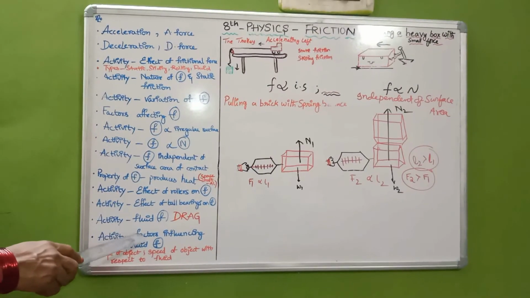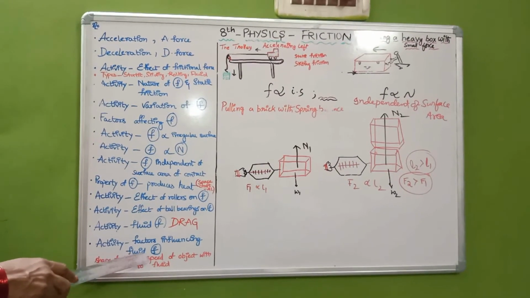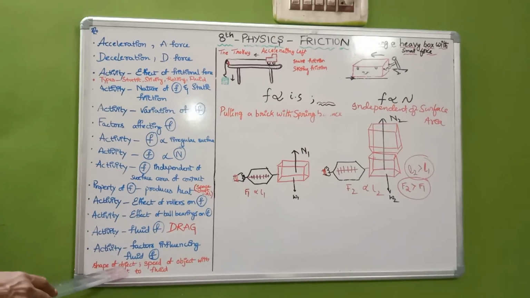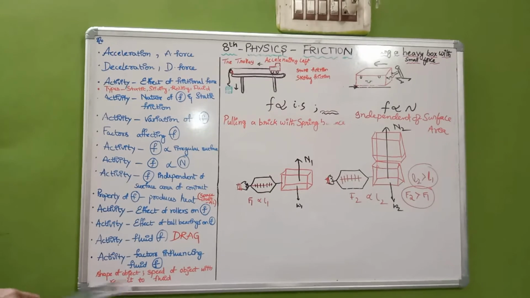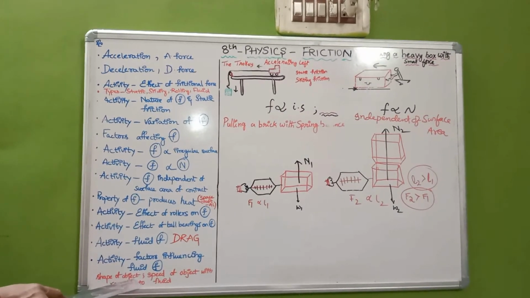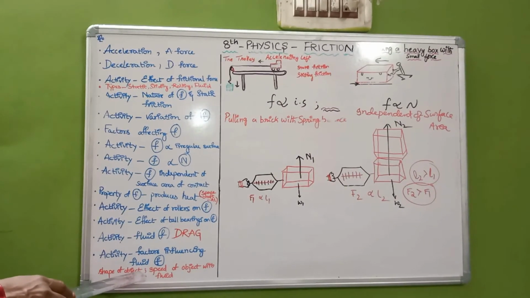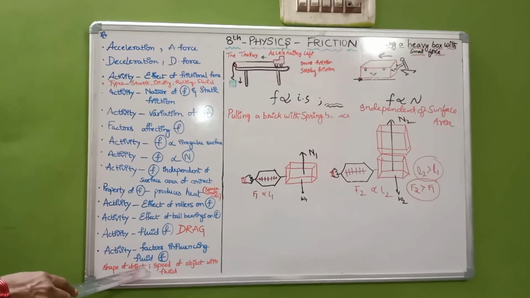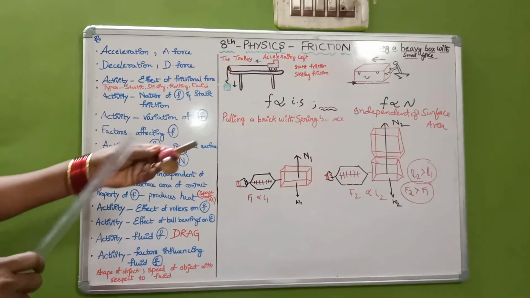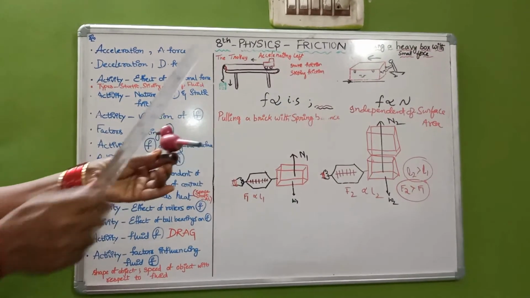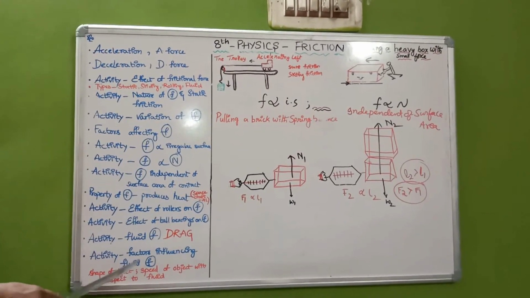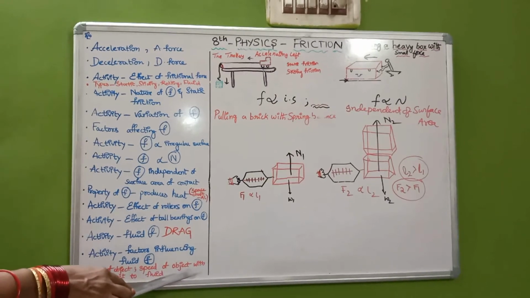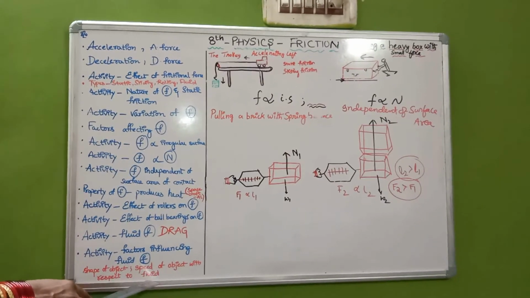The two factors which influence fluid friction are, number one, the shape of the object. As we discussed in the earlier session, fishes which swim freely in the water have a streamlined body, and birds have a spindle shape. The central body part has a spindle shape. Then the next factor is the speed of the object with respect to the fluid.